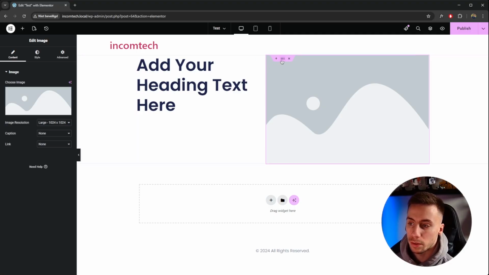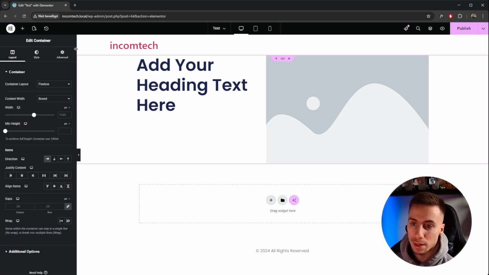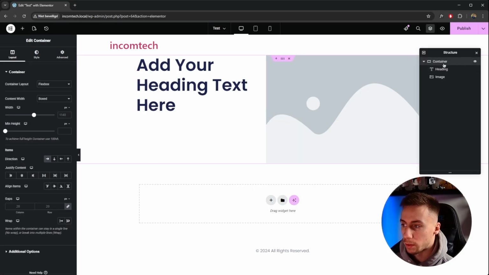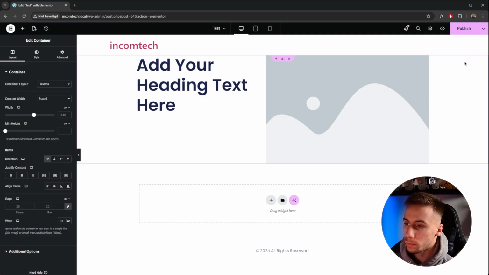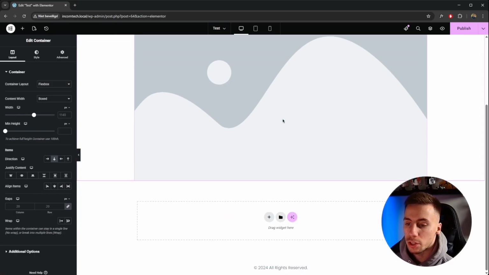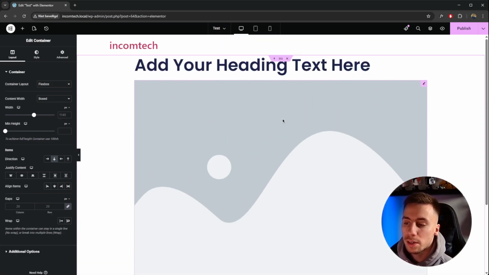You can either click on the six buttons up here to select the actual container, or you just right click somewhere in your Elementor grid and click on structure and then click on container, and there you have your container options again. Now, if you click the down arrow, as you can see, it automatically puts the elements underneath each other. Now, let's say you want to have some text here